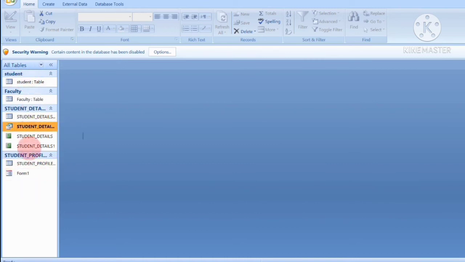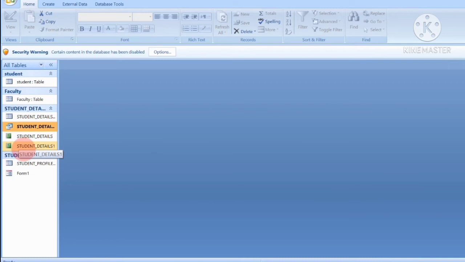I have also created a report of this table, then a form of the student profile table. I created these in my previous videos. If you want to watch those videos, then please go to my channel and you can watch them: how to create a table, how to create a report, then how to create a form.